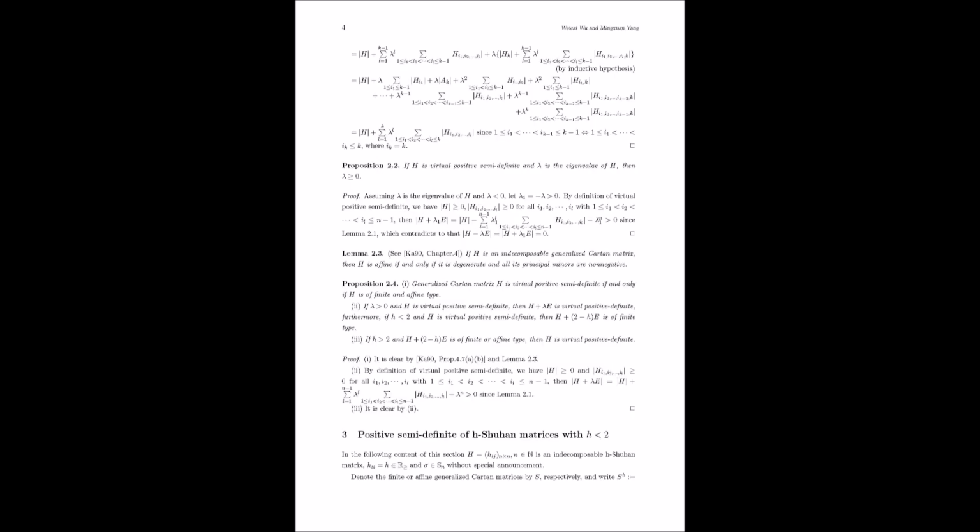We've come a long way, haven't we? We started with those 3 simple conditions defining h-Shuhan matrix, explored the role of H and its connection to trigonometry, and now we've arrived at this deep understanding of Lie algebras and their classification. This has been an incredible deep dive. It's amazing how Wu and Yang have revealed these connections. It's a testament to how interconnected mathematics really is. It feels like we've just scratched the surface, though. There's so much more to explore here. Absolutely. And that's the beauty of mathematics. It's an endless journey of discovery. There's always more to learn, more